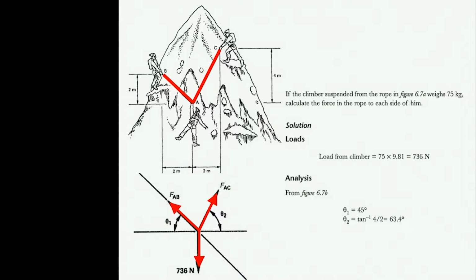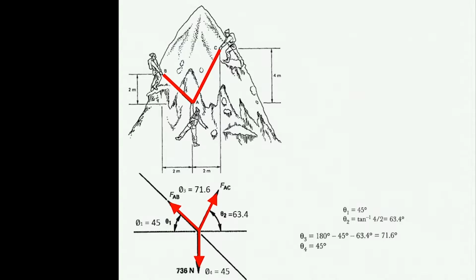Let me just remind myself what you've been given. So on the second page, you've got all of that information. So with our 45 and our 63, you can then 180 take away both of these will give us this angle, and then you've got this angle here is opposite of there, so it's 45, so that's 45. So I'm just giving you theta 1 to theta 4